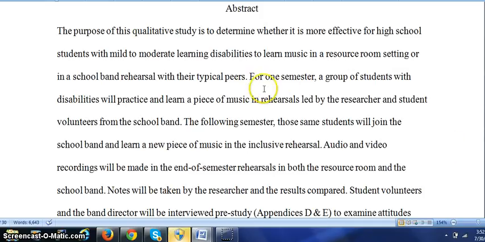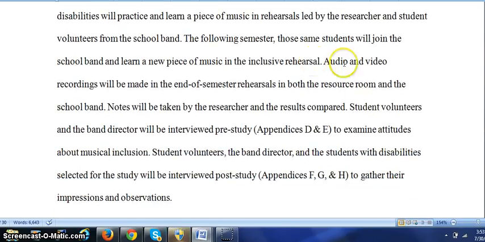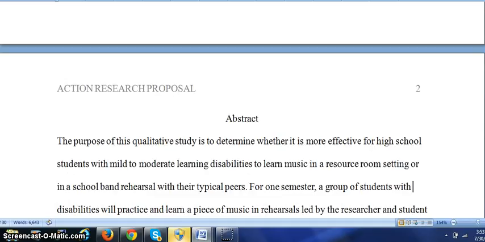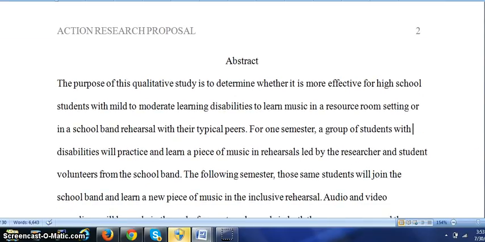But she goes over the length of time. She also goes over the students that she'll be using, just the basics of how she will carry out the study. And having said that, in this initial section here, in your abstract, you may not be able to conduct this research. It will depend on how long the term is, if you're actually able to do it, because research is not something that you can do overnight.